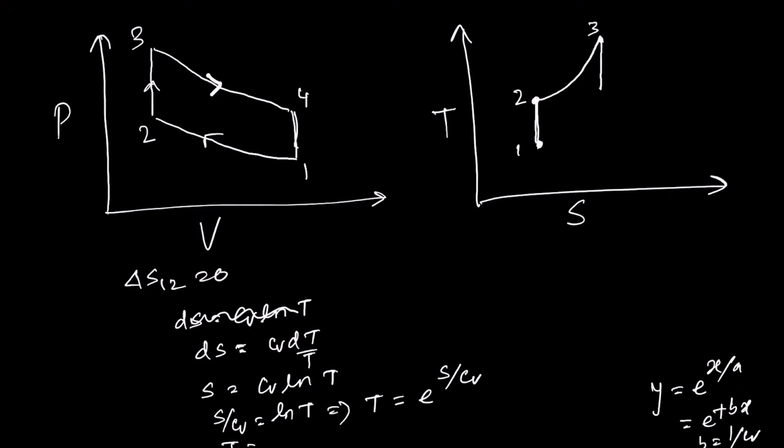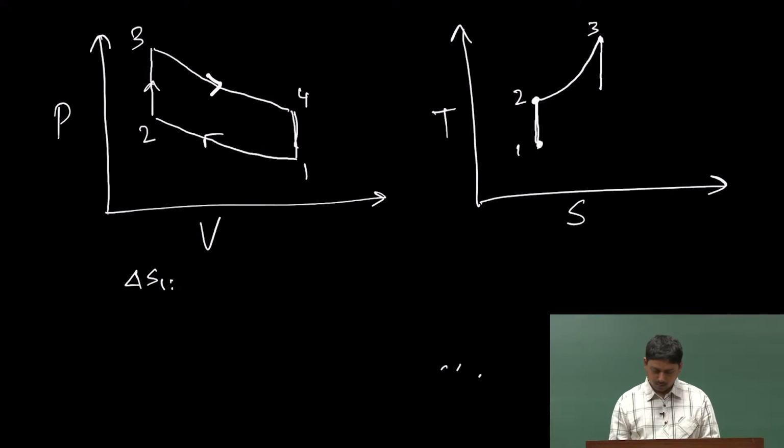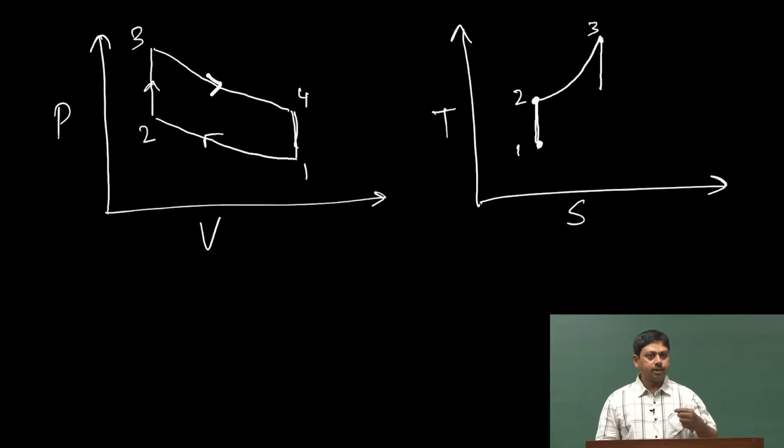Okay. Now, 4 to 1 step. Before we do the 4 to 1 step, we want to do some calculations. I can always write the 4 to 1 step, but there is an interesting fact about it: whether this line will be bigger than this line or smaller than this line. Can you tell me?